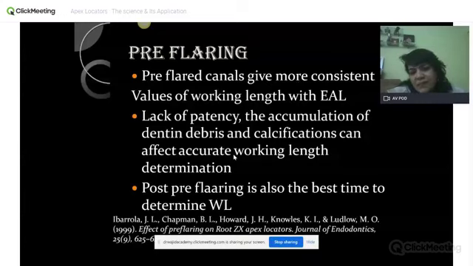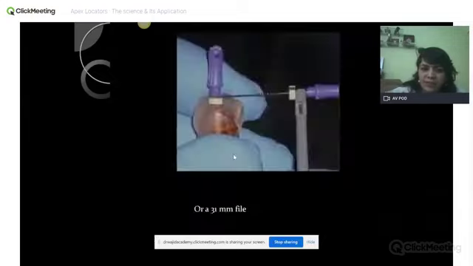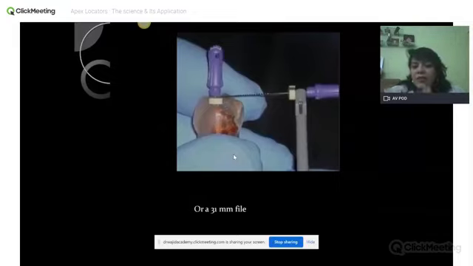The lack of patency, the accumulation of dentin debris and calcifications can affect your accurate working length determination. Post pre-flaring is also the best time for you to determine the working length. So you can keep checking it again and again during the course of your rotary preparation, but begin immediately after pre-flaring. This is another small tip which I came across on a Style Italiano by one of the members, Dr. Mohammed. When you have a very long canal and the entire 25 mm of your file is inserted into the